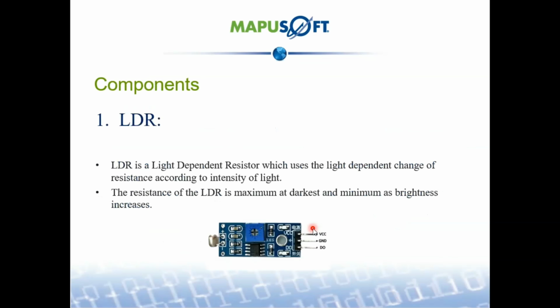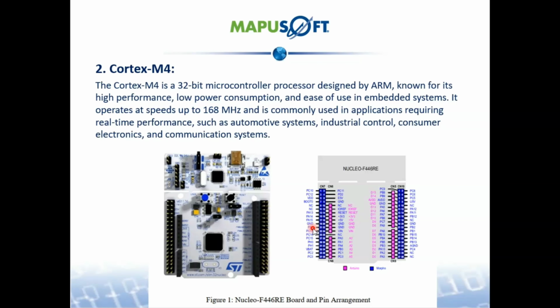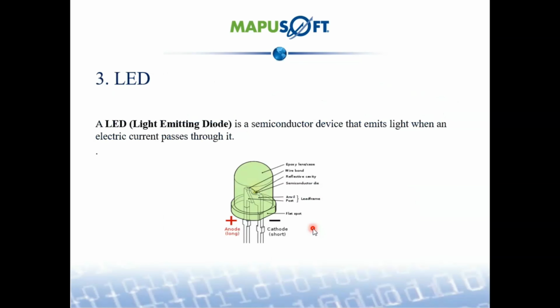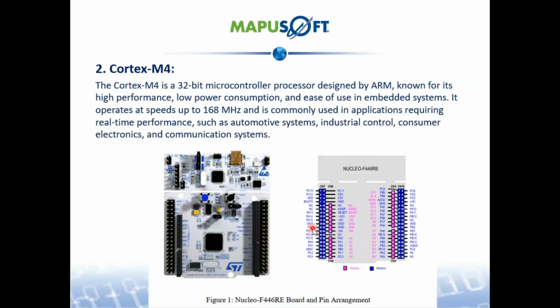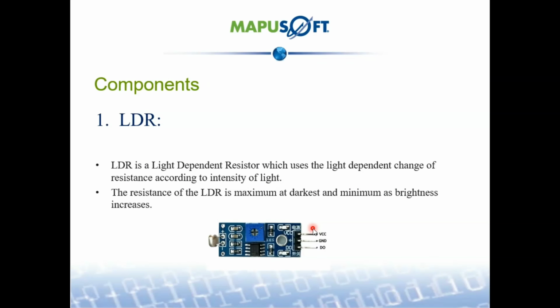Now let's see what components we are using: an LDR sensor, a Cortex microcontroller, and an LED. Here the Cortex microcontroller initializes the streetlight system and connects to the host system via TDCA. The LDR sensor continuously monitors the ambient light level, and when it detects a low light level, for example after sunset, when the environment is dark,